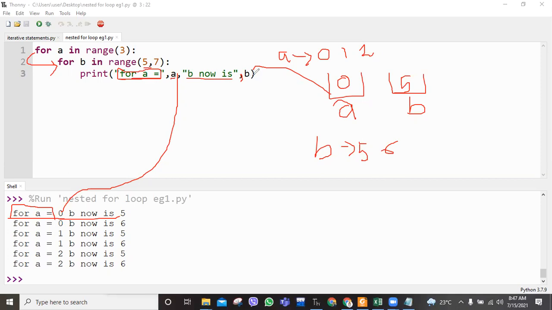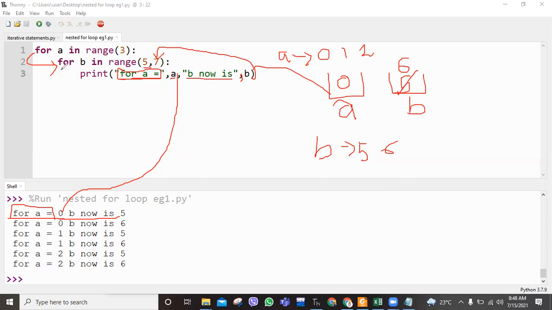Now, after printing this, your program controller moves to line number 2. Here, as you can see, there is no third parameter, only 2 parameters. So as I already mentioned during the range function discussion, if there are only 2 parameters, your step value will be 1 by default, or your loop iteration will be incremented by the default value 1. So from 5 it will be incremented by 1, that is 5 plus 1 will be 6. Now the value of variable b will be 6.